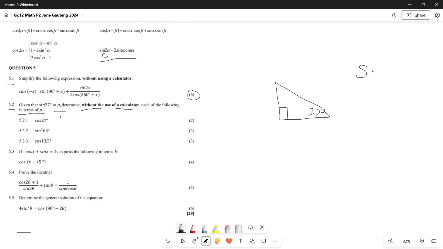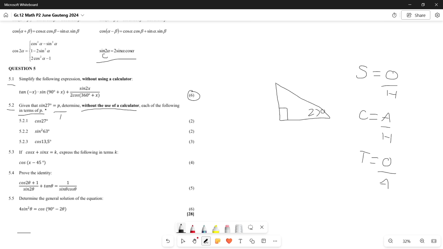A reminder that we have SOHCAHTOA, which is sine equals opposite over hypotenuse, cos equals adjacent over hypotenuse, and tan equals opposite over adjacent, which means that we've started with sine 27 here, which means we have p over 1, and this is telling us that our opposite is p over here. So the side opposite our reference angle is p, and our hypotenuse is 1 over there,